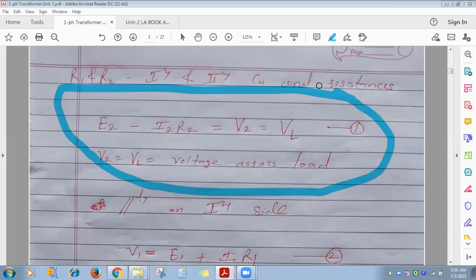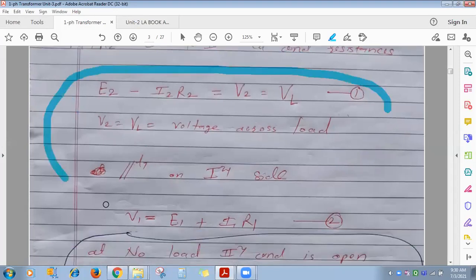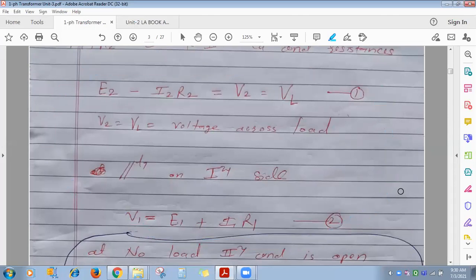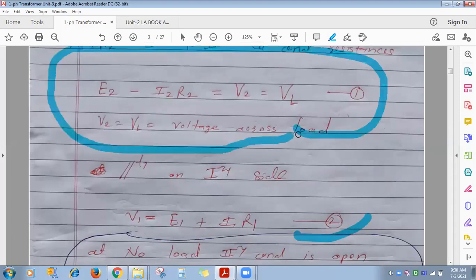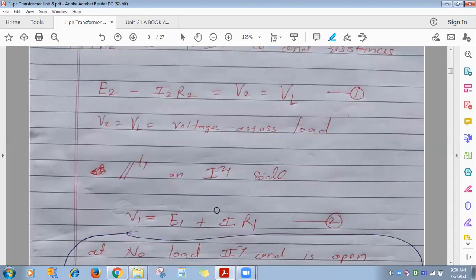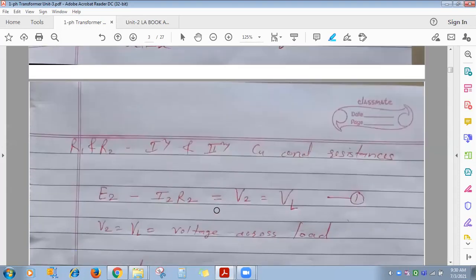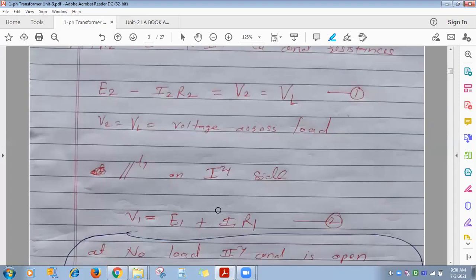Okay. So two equations you got it on primary side and on secondary side. Any difficulty up to this? Means when you connect some load across transformer, this is the equation on secondary. And on primary, whether you connect load or not, this is the equation on primary. So working principle is done. Transformer voltage equation we have seen. Leakage flux its effect we have seen.